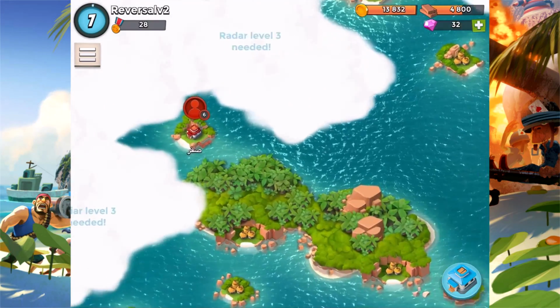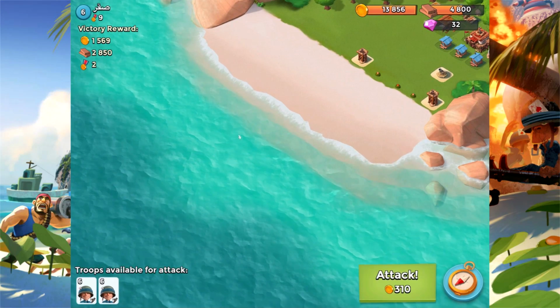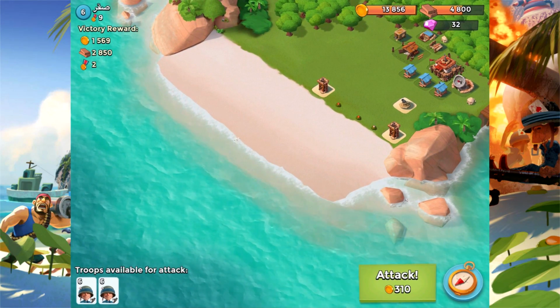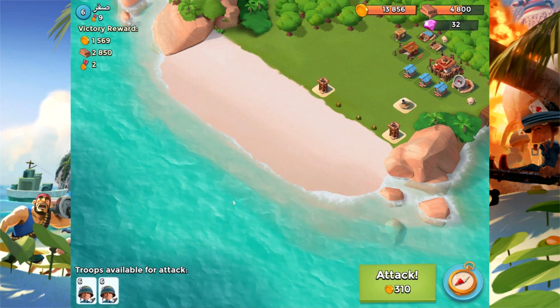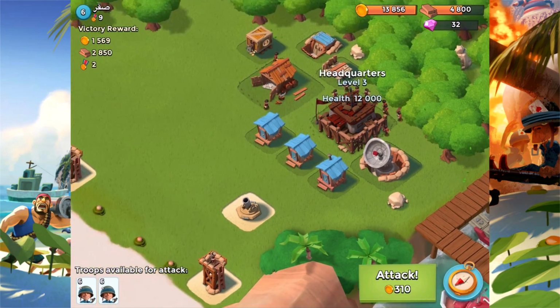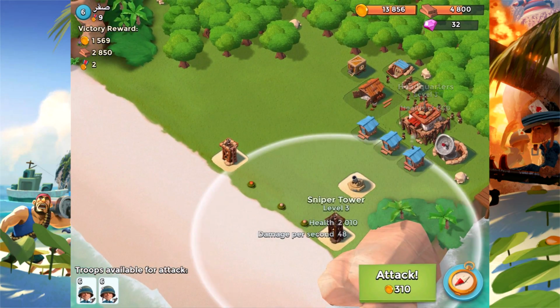So let's go ahead and get over to this player base. I have no idea what his name is, but a cool thing to take into consideration is that, especially in the beginning, player bases have the most amount of loot. If you take a look at the top left corner, you see victory reward, and over there you can see what that person is holding at that moment for us to have. So right now this guy is upgrading his headquarters,